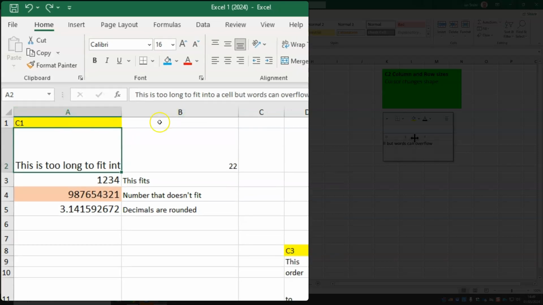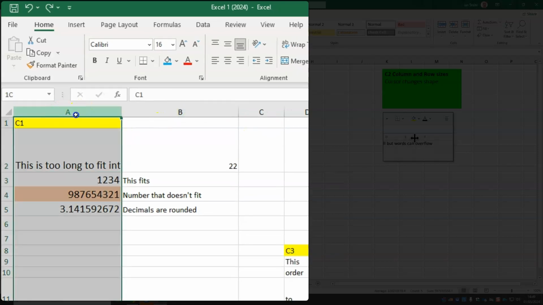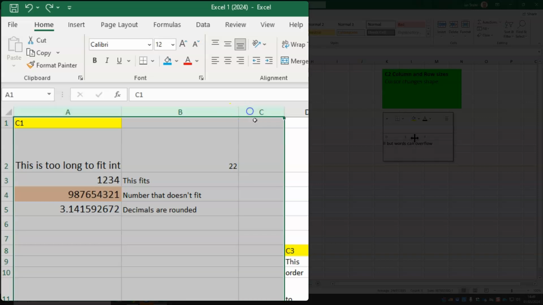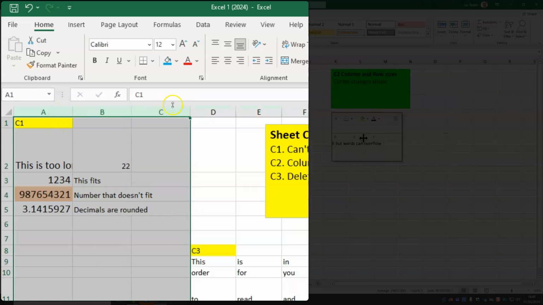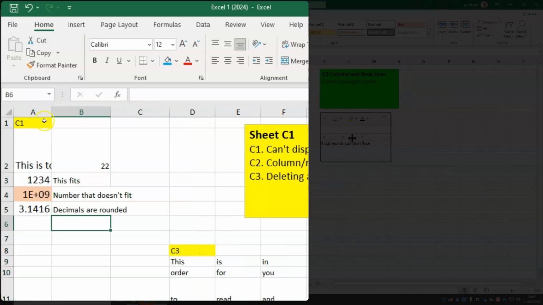You can highlight several columns together. If I click and hold on the A, run across to the B and the C and let go, I've selected those whole columns. If I change one of them, they all change, and because they're all selected, they all get the same width applied to them. And lastly,